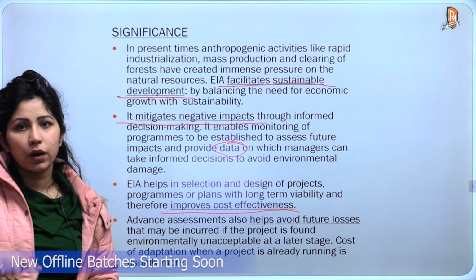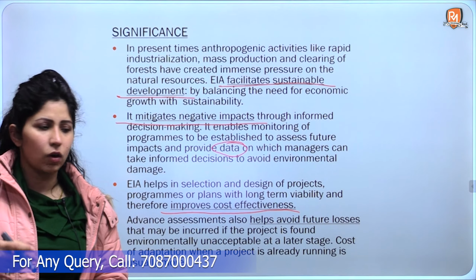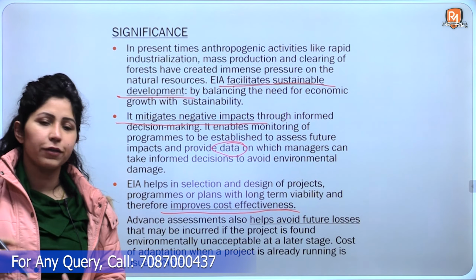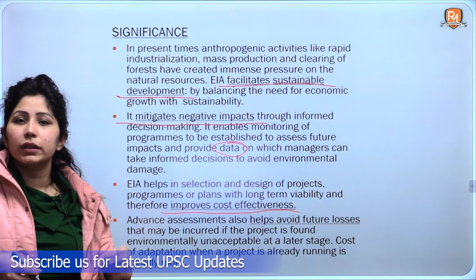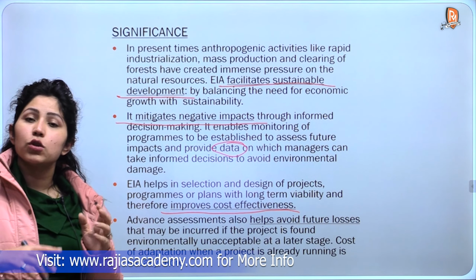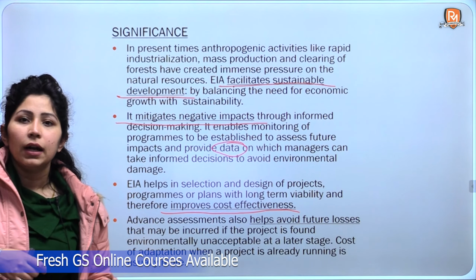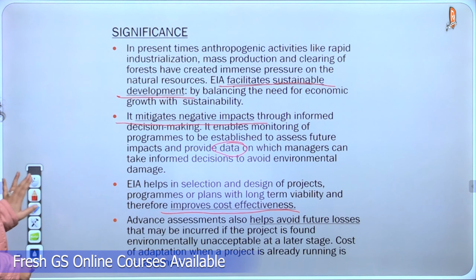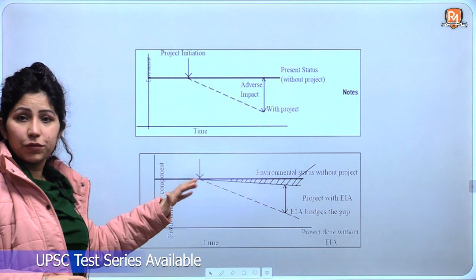You can go through your regular textbooks if you are following the book by Shankar IAS, or if you are following our channel for environment. There can be n number of significances, but you have to keep the word limit in mind, and whatever points you find best for your answer, use those points in the significance for EIA. And now we'll proceed further and see how we can elaborate it in the form of a diagram.